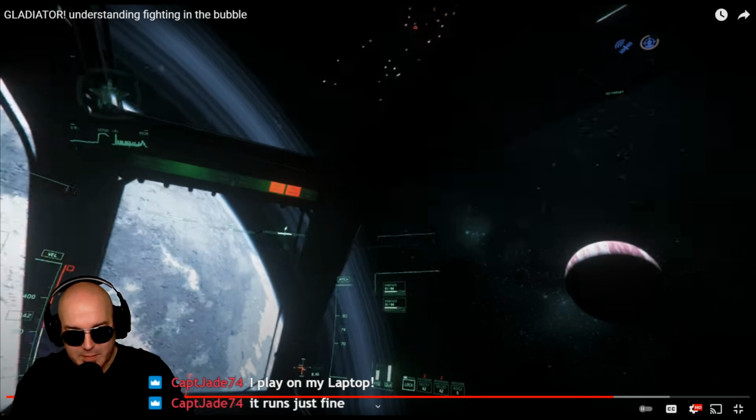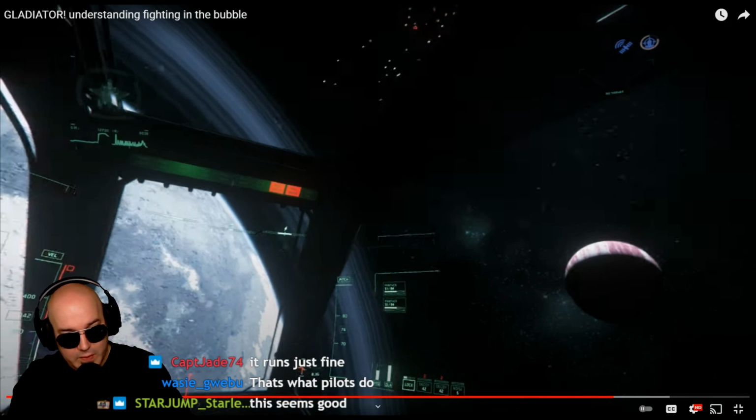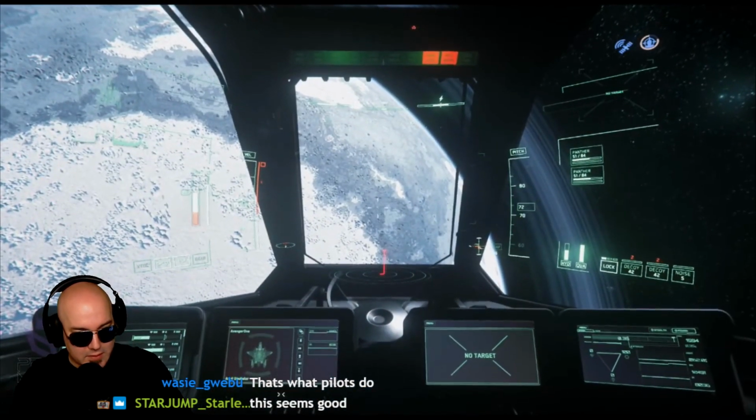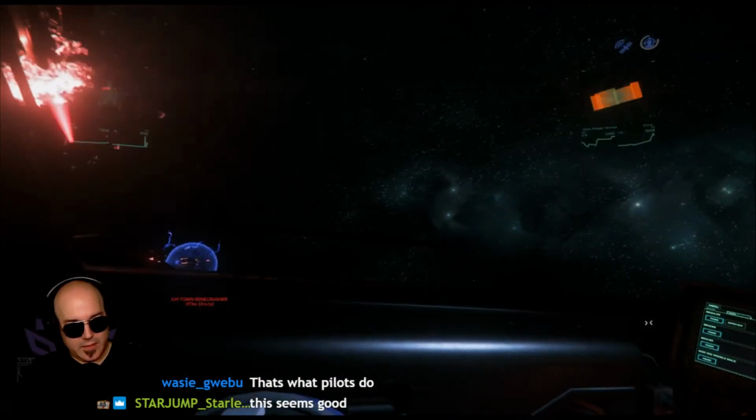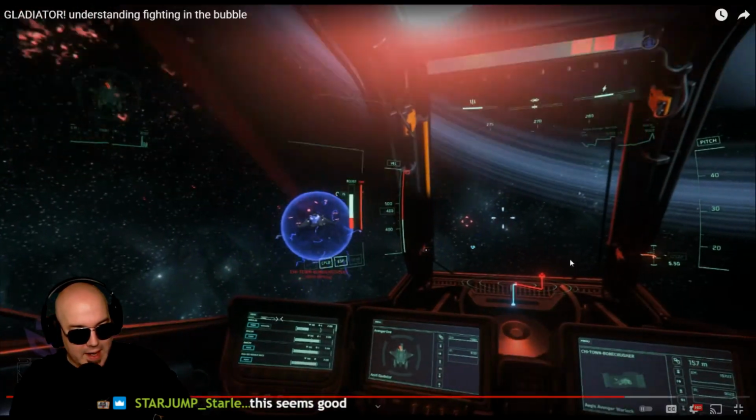Speed and momentum play a lot in PvP confrontations in most space sims, but especially so in Star Citizen. And that is one of the reasons I really love Star Citizen, is that the PvP is getting tighter and tighter and tighter. It's very important that I slowed down and I fought inside that bubble as long as I could. And as soon as I was...